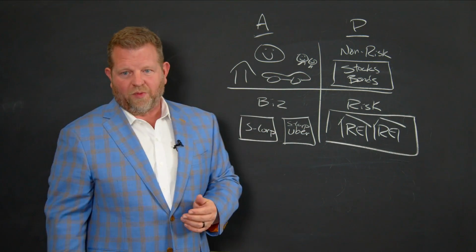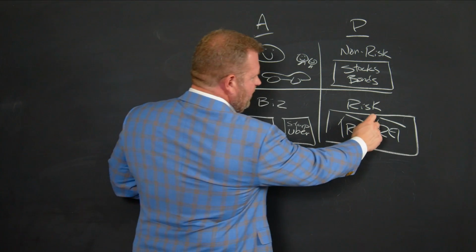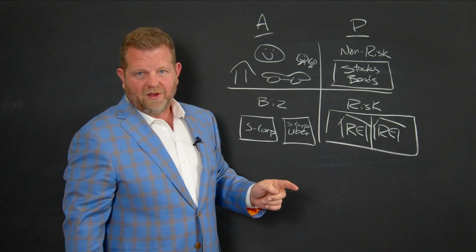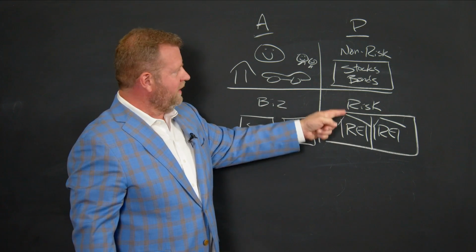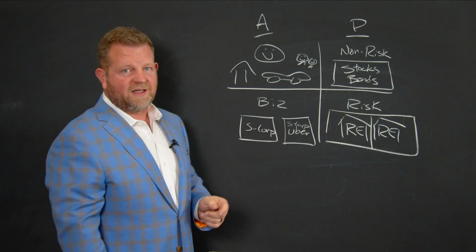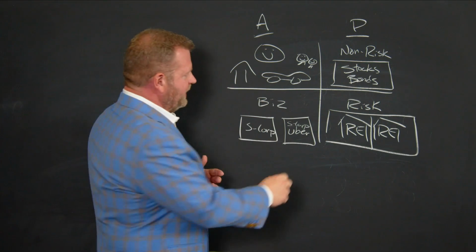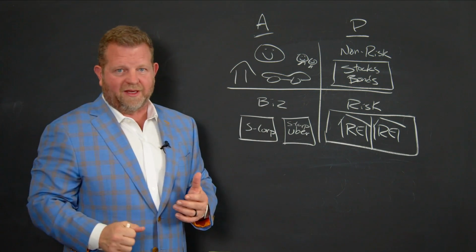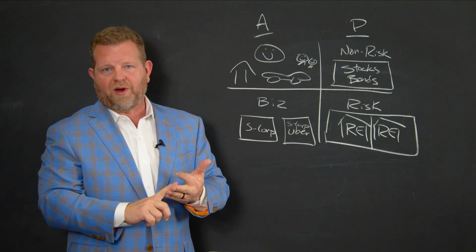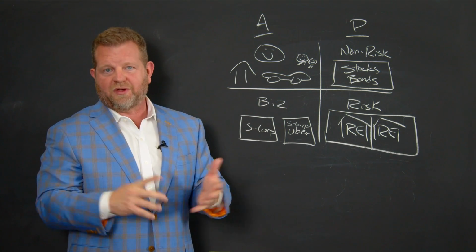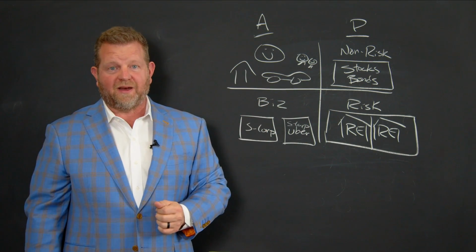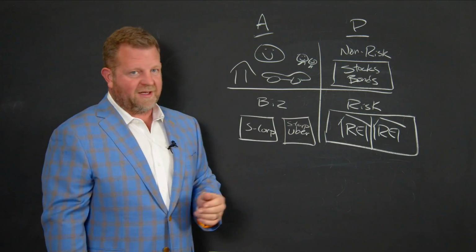Generally speaking, we would isolate both properties from each other because what we don't want is something happens on this property and they take this one too. What we don't want is something happens on this property, they take my stocks. What we don't want is something happens on this property, they take all my business assets. So by putting a simple plan in place where we're using limited liability entities, which are LLCs, limited partnerships, corporations, Wyoming statutory trusts, or certain types of trusts, I can use different entities depending on what type of asset it is and where it's held, and I can protect myself.